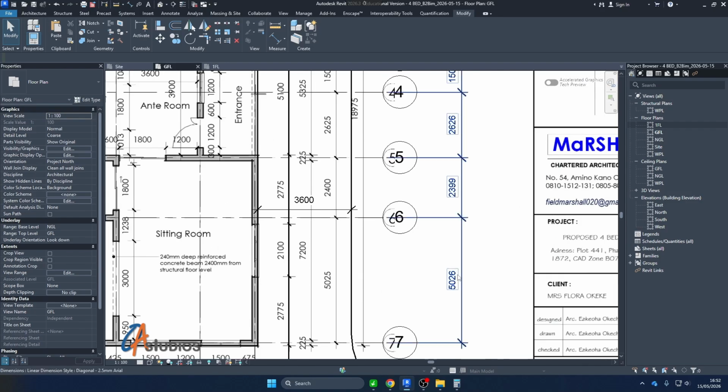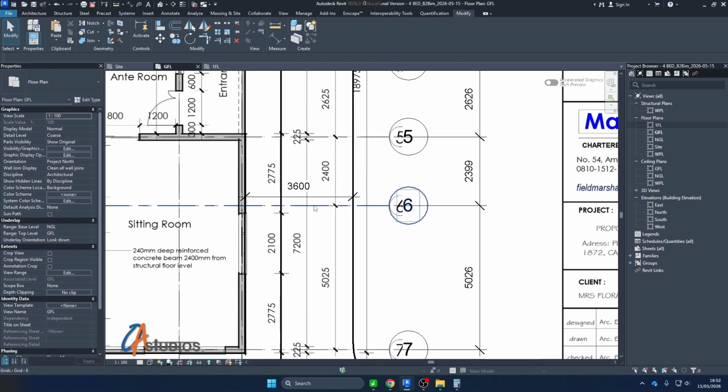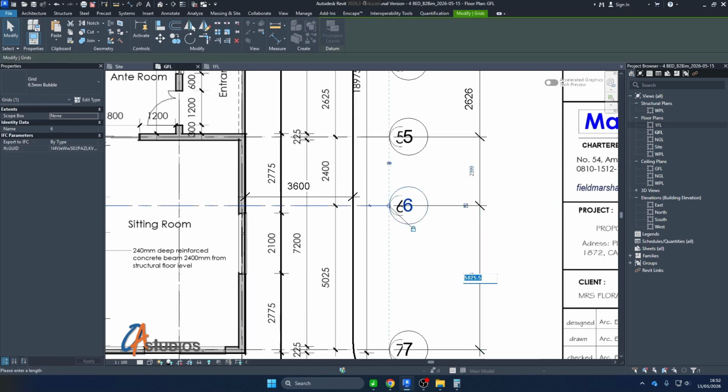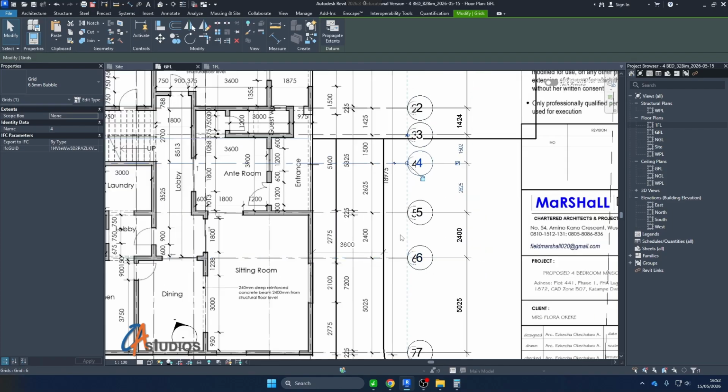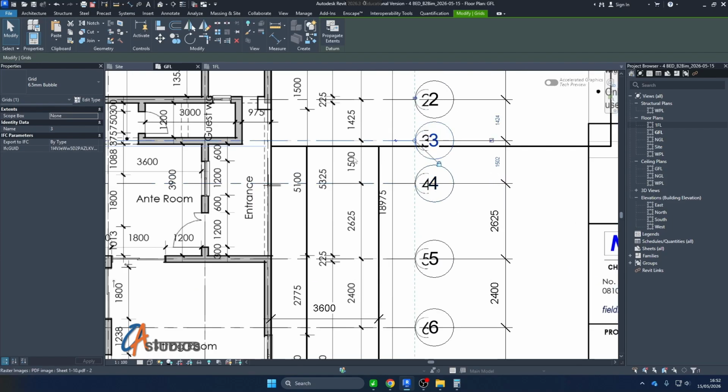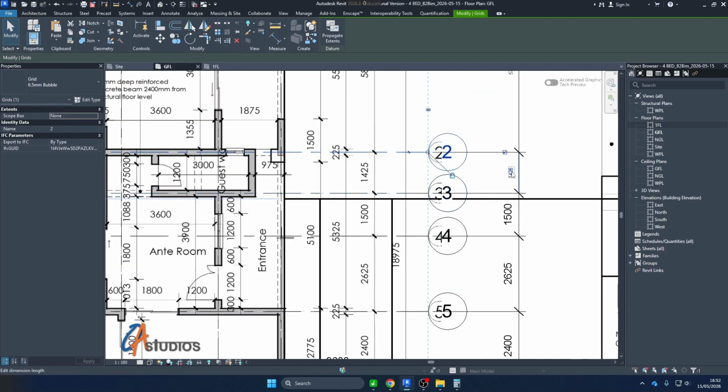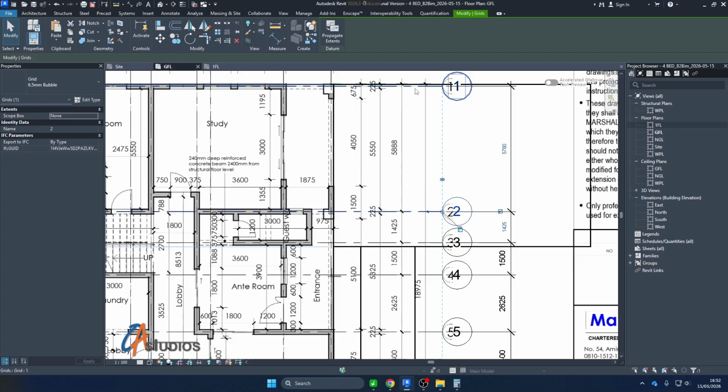Let me see which is closer. Okay, this is closer, so from this side going up. So adjust this to 5025. Adjust this to, this is 2.4. We'll adjust this to 2625. We'll adjust this to 1500. We'll adjust this to 1425, and we would adjust this to